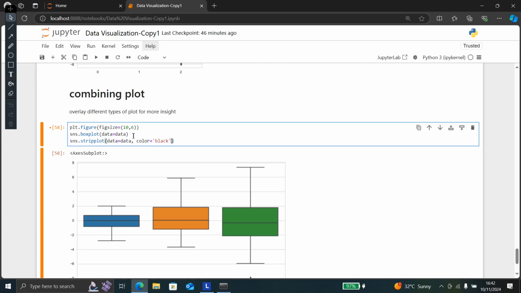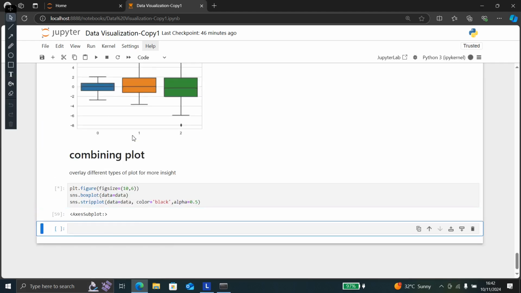Okay, black is good, color equal to black, alpha value equal to 0.5. Let me check. Okay,